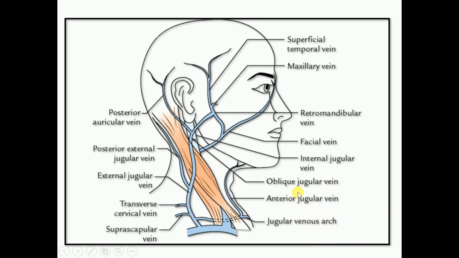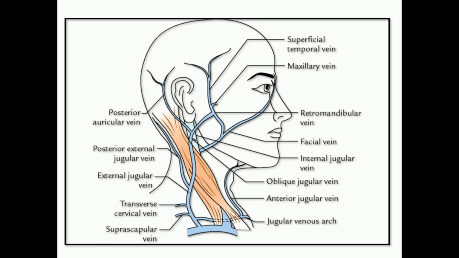The names are the lesser occipital, greater auricular, transverse cervical or anterocutaneous nerve of the neck, and supraclavicular nerves. Now we discuss the superficial veins of the neck. There are two veins. One is the external jugular vein, which passes over the sternocleidomastoid muscle and drains into the subclavian vein. Another one, which we will discuss in the anterior triangle of the neck, is the anterior jugular vein. That is present on each side of the anterior midline region of the neck.